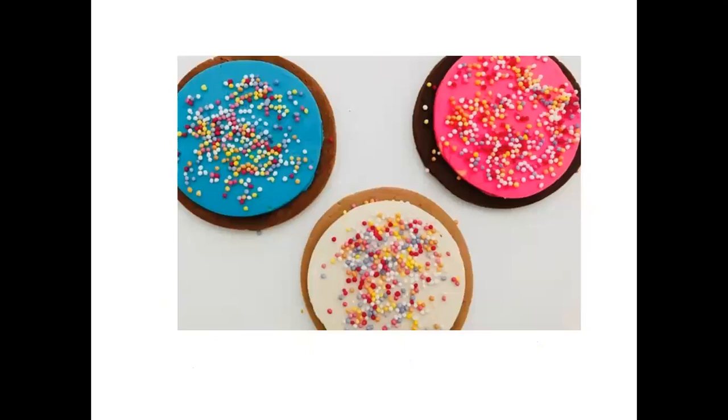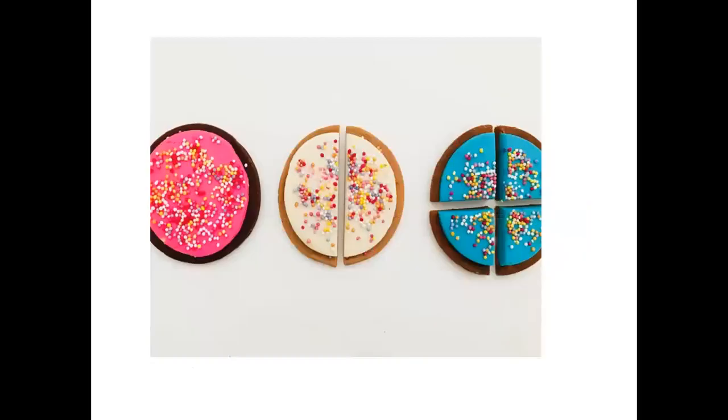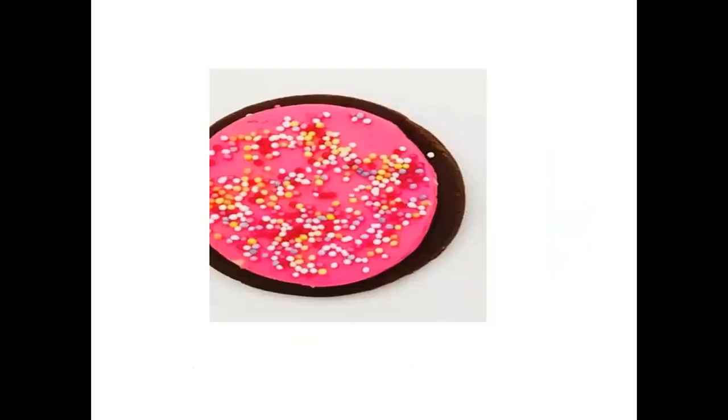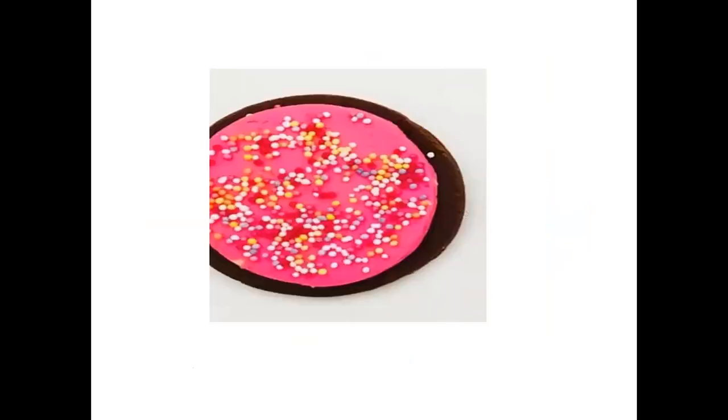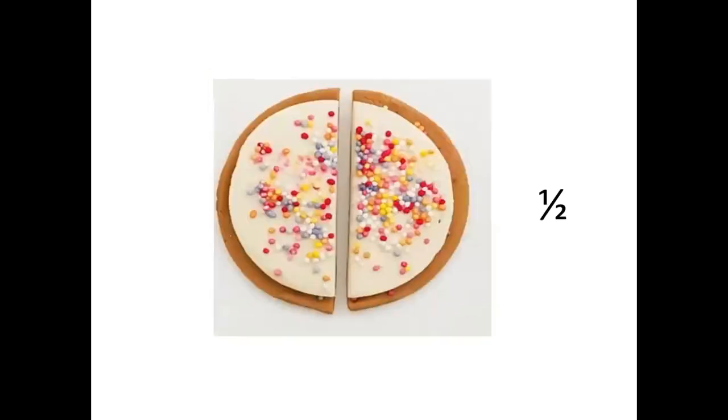What is this? We have 3 cakes here. How many cakes are there? 3 cakes. Now, in each and every cake, we are going to make a fraction. Okay. So this is how. All right. So I am taking this first cake. This cake, I would say, is one full cake. Okay. No fractions. I have not divided. It's one full cake.